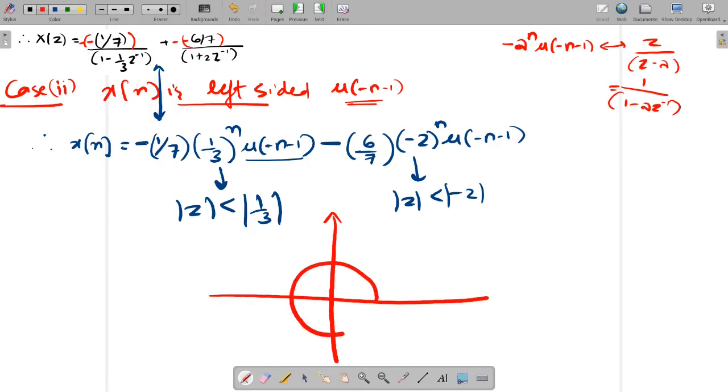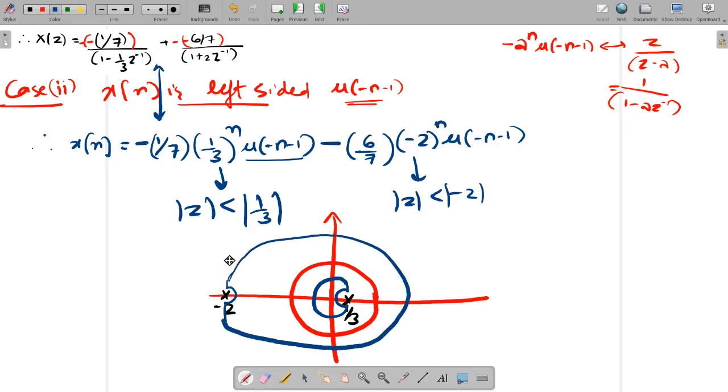This is my unit circle. Mod z is less than 1 by 3. So 1 by 3 is my first pole and 2 is my next pole. Sorry, it's minus 2. Okay. So mod z is less than 1 by 3. Less than means inside, less than 1 by 3. And mod z is less than 1 by minus 2. So something like this. So this circle over here